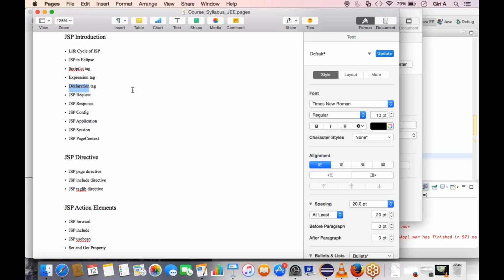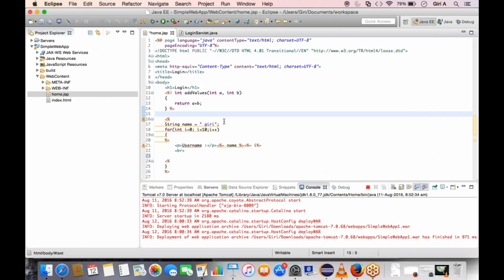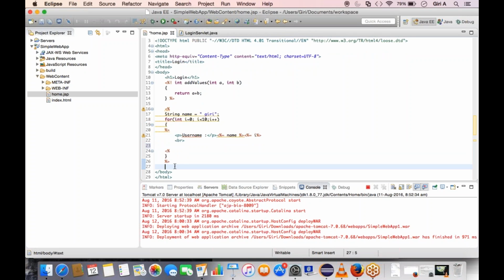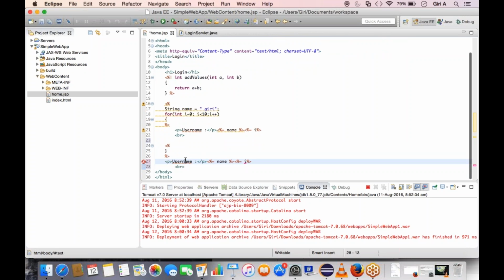Oh, declaration tag. Okay. So you can have the expression tag too. Expression tag is this one with the equal symbol. Okay. So what I'm going to show you, it will just give